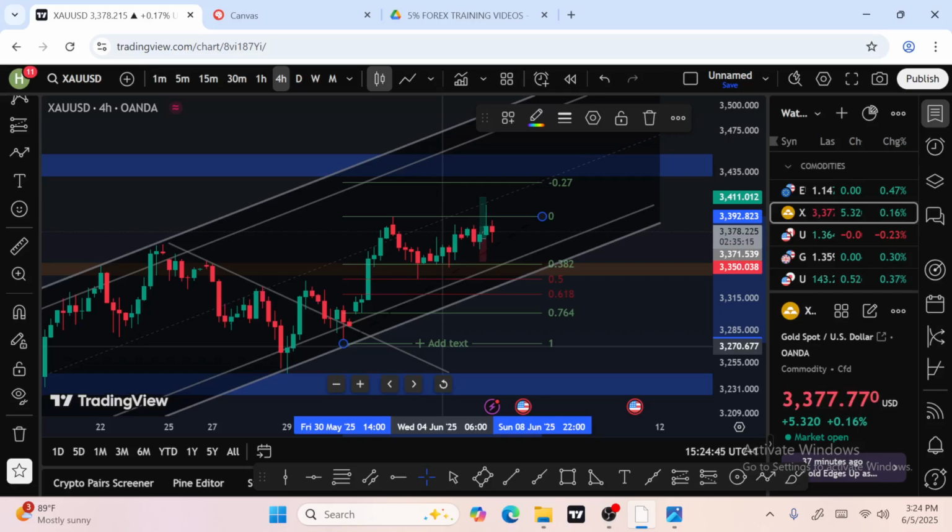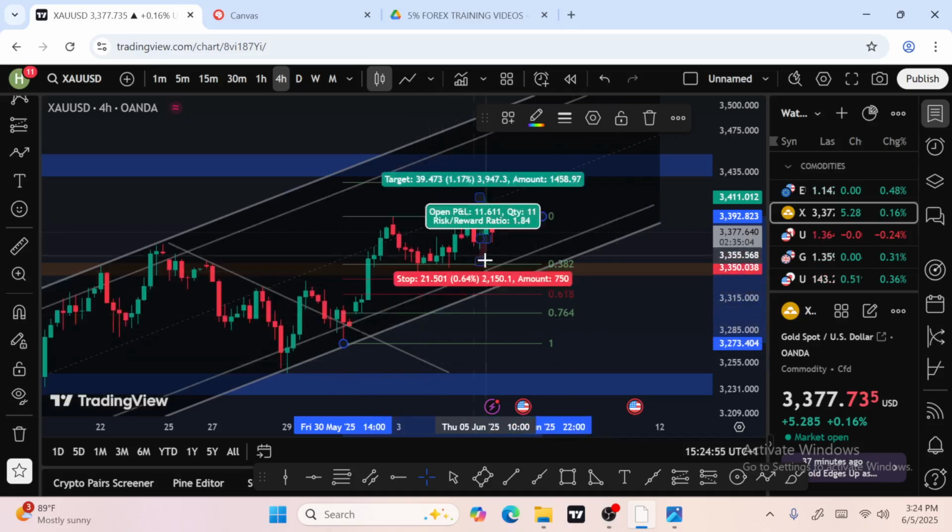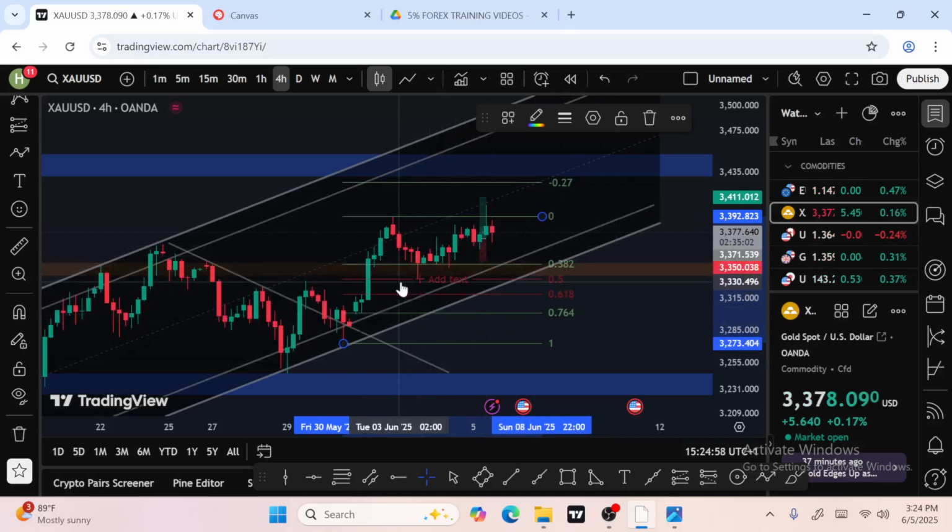If you remember, was it yesterday or the day before yesterday? I said we are waiting patiently for this sell to come down to what? 3330 before we enter a buy. Do you still remember? Now, do we see? Market came all the way down to our 50%, but it stopped at what? 3332.5. And we have our 3330 here. Just a bit.